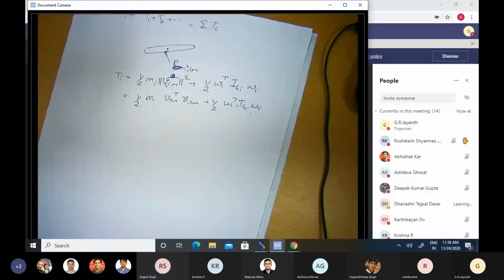Rushikesh has a question. Sir, regarding this problem, while we were calculating reaction forces on bearings, when we write the summation of moments equal to the matrix components, while we can write the summation of moments in terms of forces, r cross f, I am a bit confused about the direction. In which direction do those forces act?